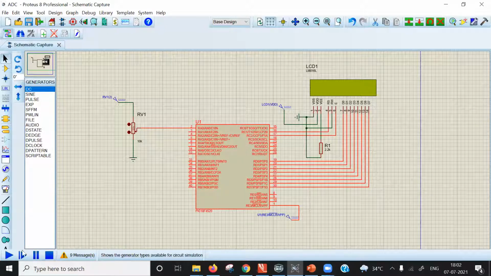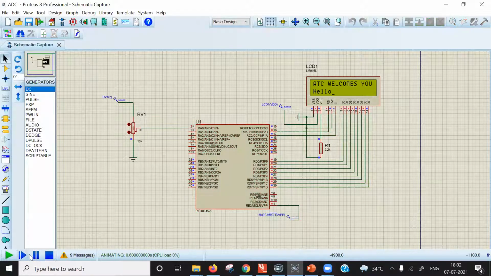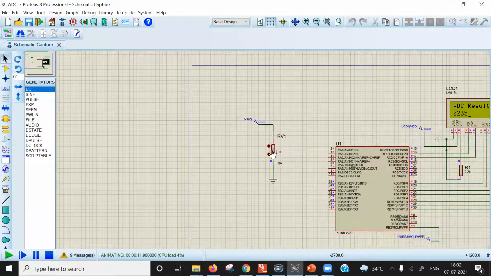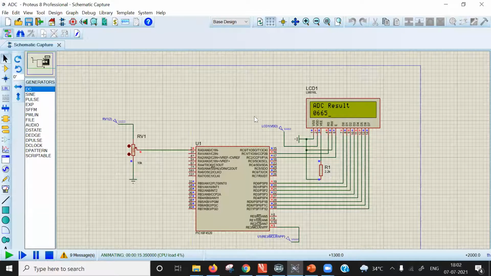After that, just click on the run. This is it. After that, the simulation will begin. You can see now the ADC result is being shown on LCD display. What we will do, we will change analog voltage on analog port A0. To do that, we just have to move this terminal on the potentiometer. Okay, you can see that as we move this terminal, the digital data on the LCD also changes with respect to terminal position.